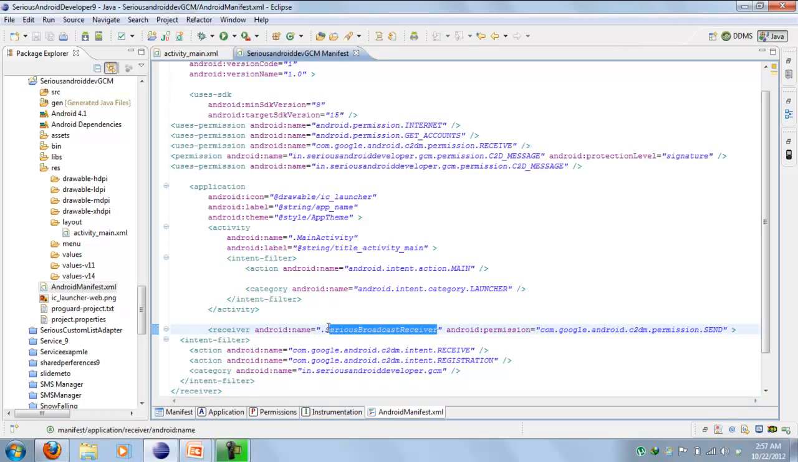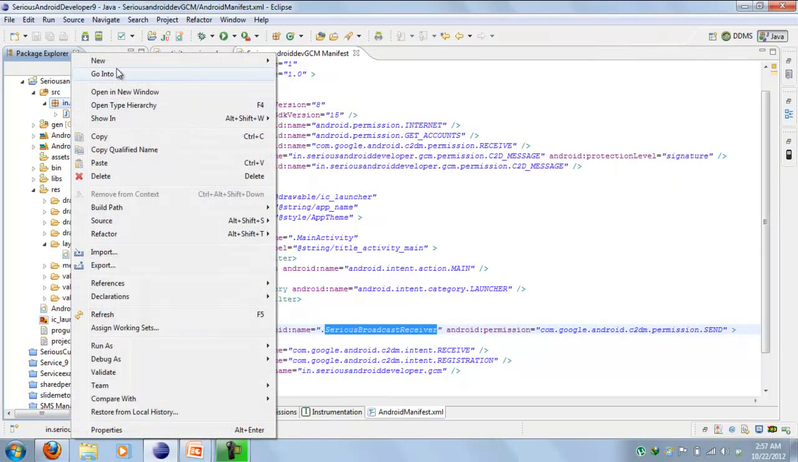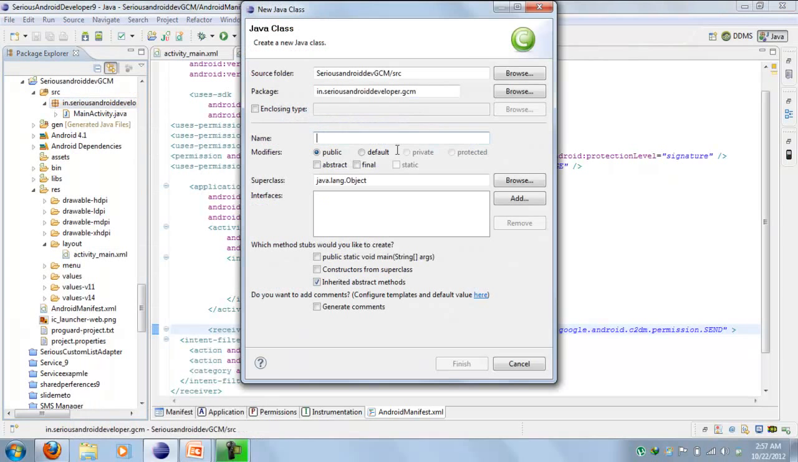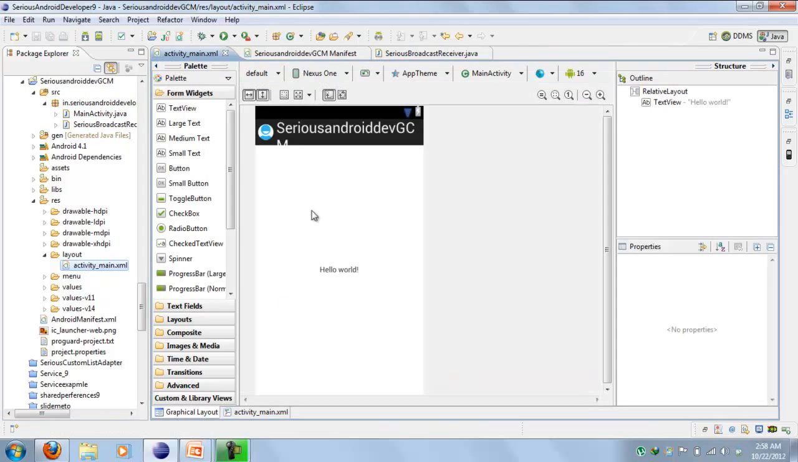Before any problem gets created, let us create this class, the GCM broadcast receiver class. Go to the source, right click on this package, new class, paste the GCM broadcast receiver, click on finish. Okay, let us open the layout file